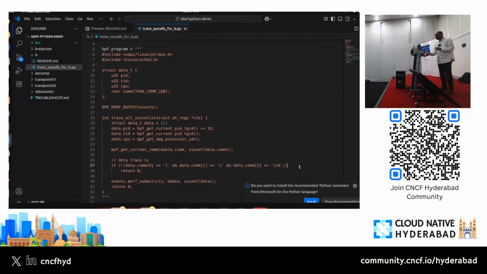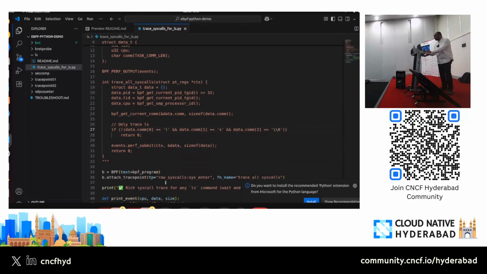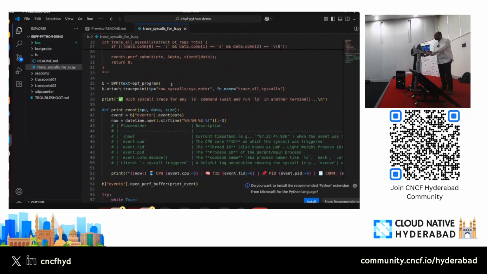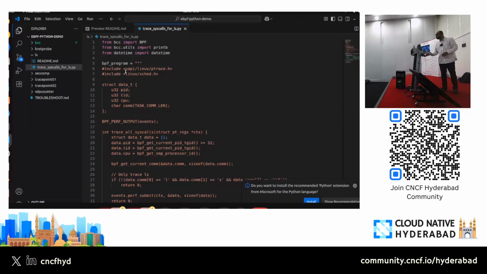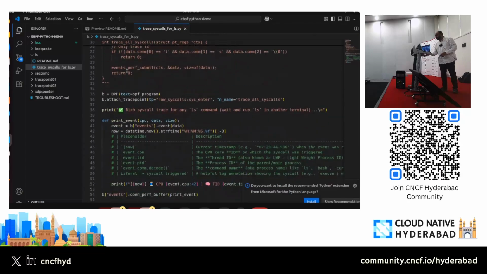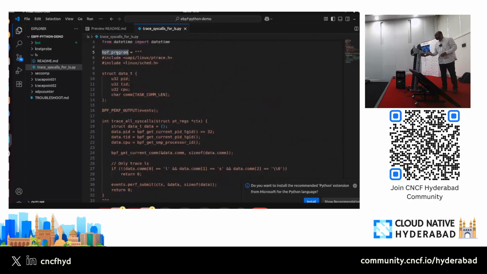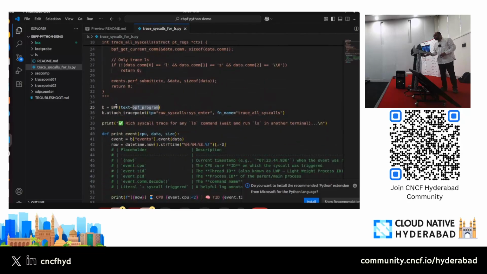But what this will do is that whenever you hit ls anywhere in any of your terminals or anywhere in your system, it will capture that. What we are doing here is these two things. This particular line that you see here is the user space code. This is the actual kernel space code, and we are passing this as a string to this function, BPF.